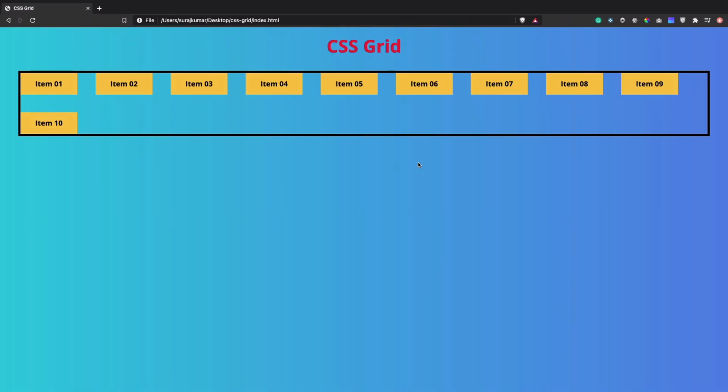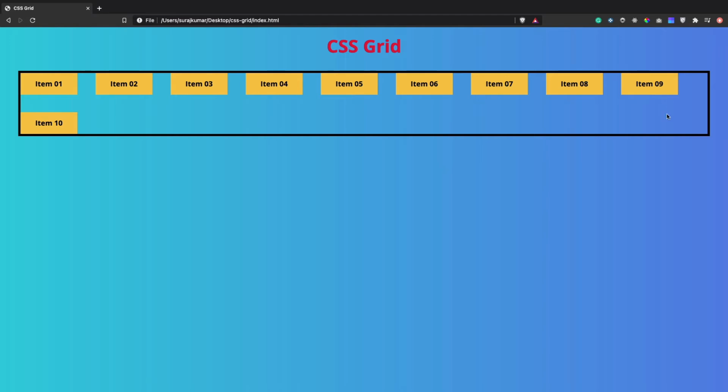You can see here that we are having a number of columns depending upon the width of the container, and inside that width, whatever number of columns of 150 pixel can fit inside this container, that number of columns we have right now.